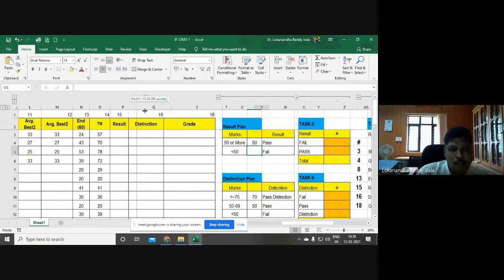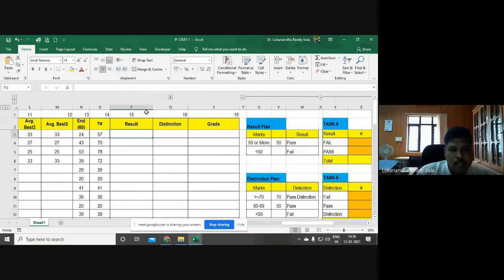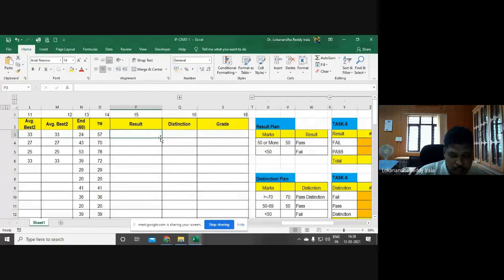So I can write what is called an if condition here. Equal to if the total marks is more than, what should I write? More than 49.